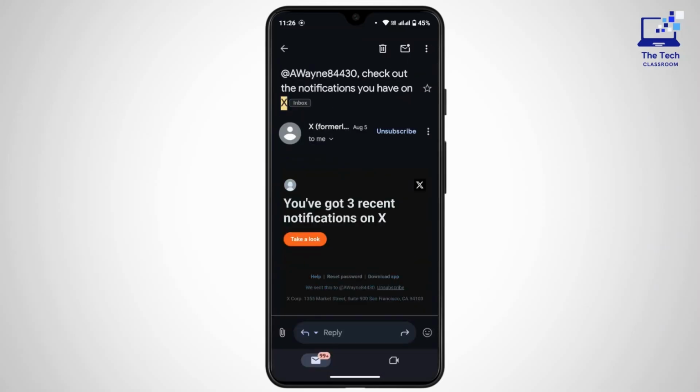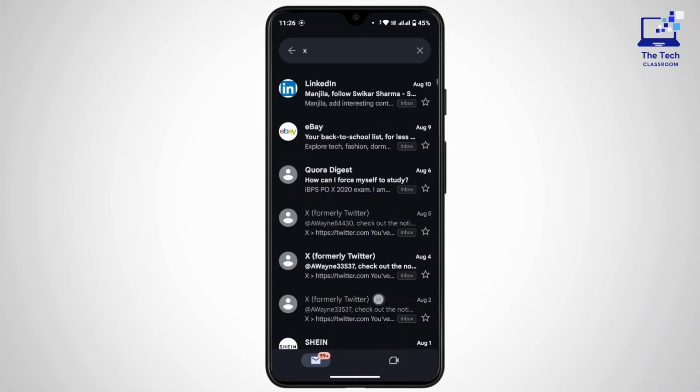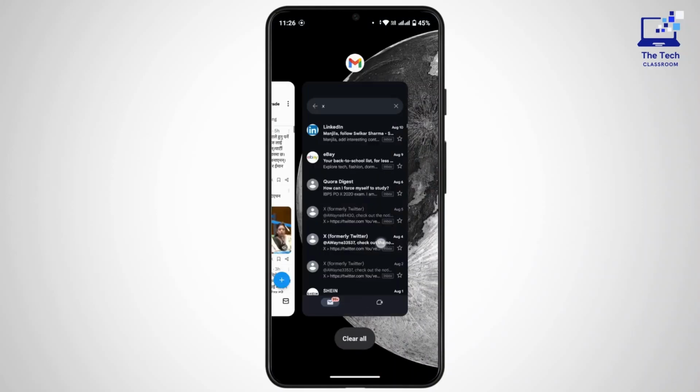After you open it up, at the top, if you see there is my Twitter username as awin84430. So from here you can find out about your Twitter username. Now to learn or to find out your password, what you can do is open the home page